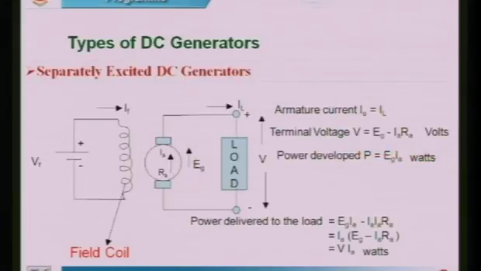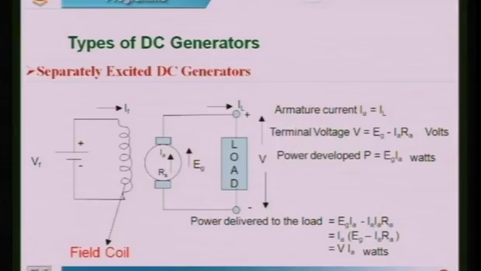Now, you see the classification of DC generators. The classification of DC generators mainly depends on how exactly we have connected the field winding and armature winding. When we are considering that connection, mainly we will see whether it is series connected or shunt connected. Okay. So now, there are mainly two types, that is separately excited DC generator